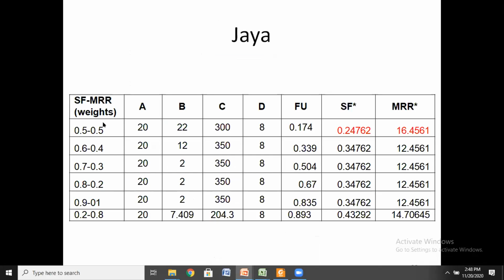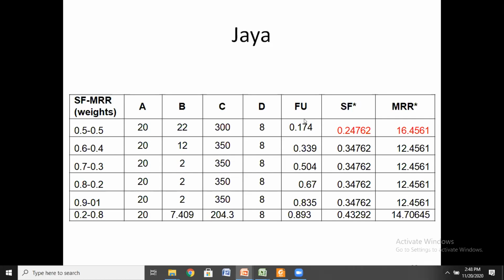For example, in a multi-objective function, if you are not giving weights, it means 0.5 for surface finish and 0.5 for MRR. But since mine is a surface finish process, I will give more weight to the surface finish. That is my first objective function. It means I will multiply the regression equation of surface finish by 0.6 and subtract 0.4 times the MRR equation. So I will vary the weights, and I will see